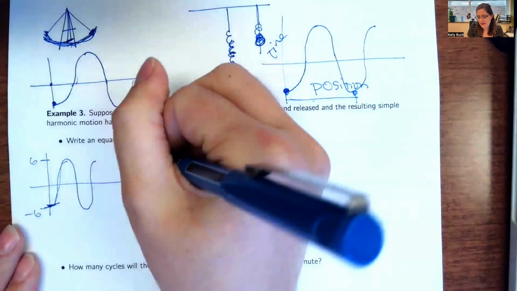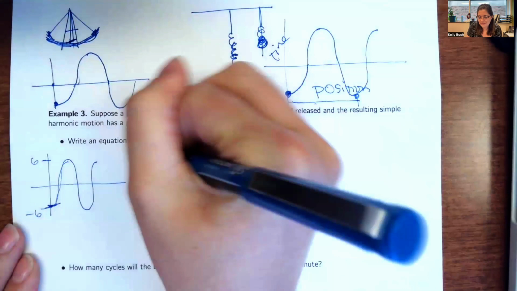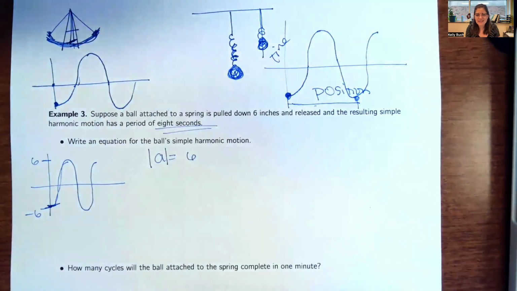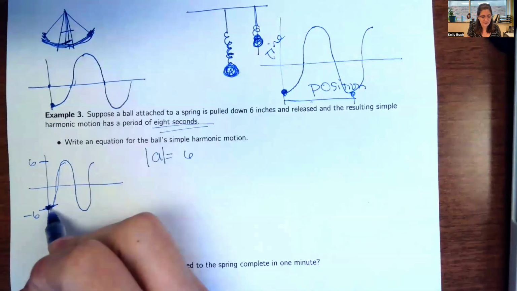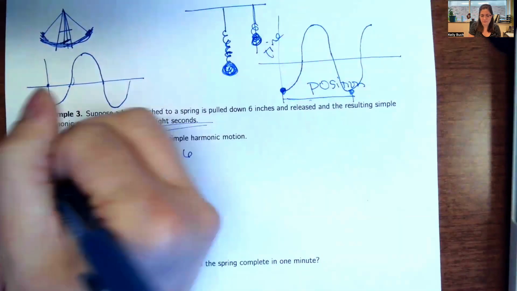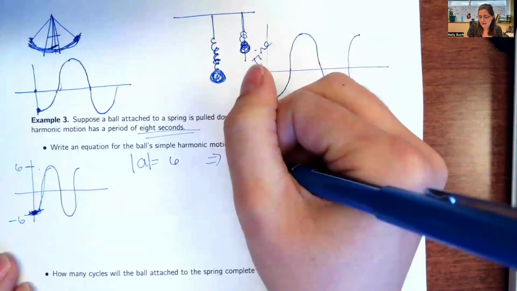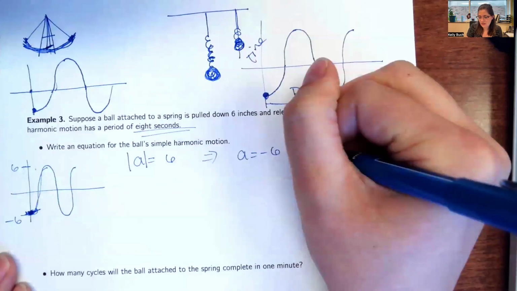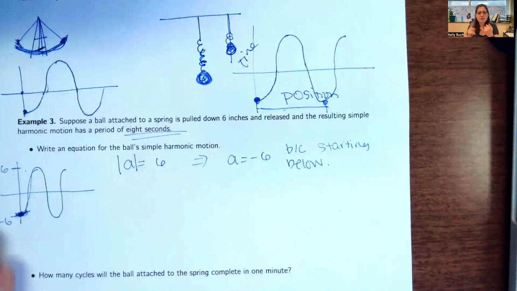So that tells me that my A is 6. Well, really, it tells me that the absolute value of A is 6 because I still have to decide if there's going to be a reflection or not. And I feel like there's going to be one because this looks a lot like my cosine graph, but the cosine's intersection is down here, and my normal cosine has the intersection up here. So I think that actually A is going to be negative 6 because we're stretching down instead of up. So I know my amplitude.